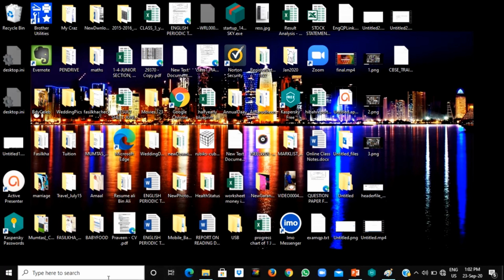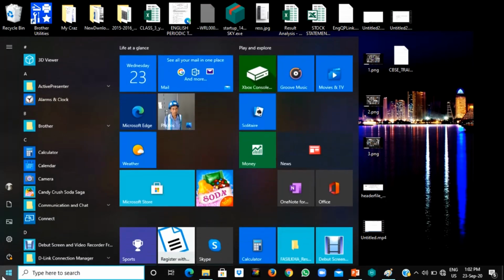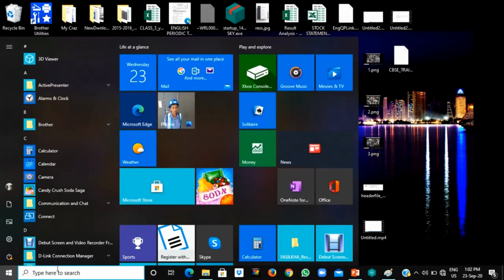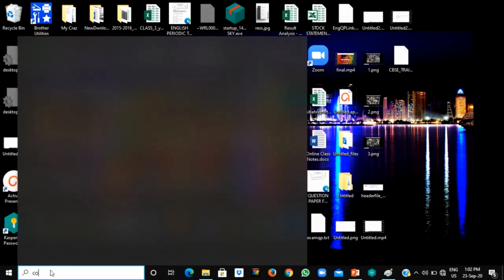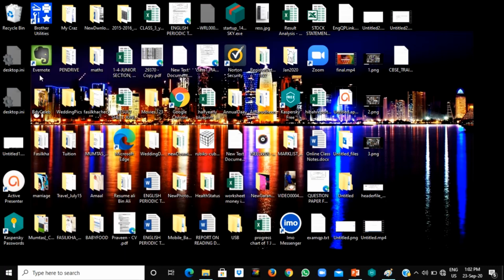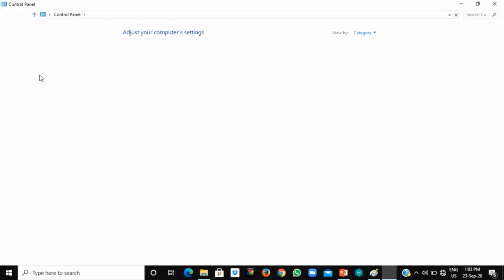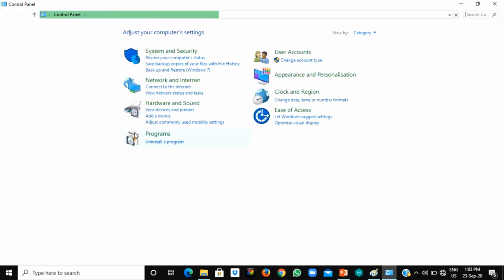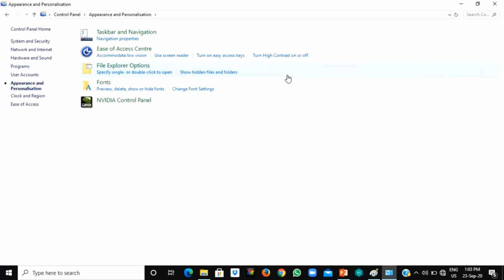For that, you have to have a start button. You have to click control panel. So I'm just typing here control panel. Okay, see here, control panel appeared. And here, did you see appearance and personalization? You have to click appearance and personalization, and then